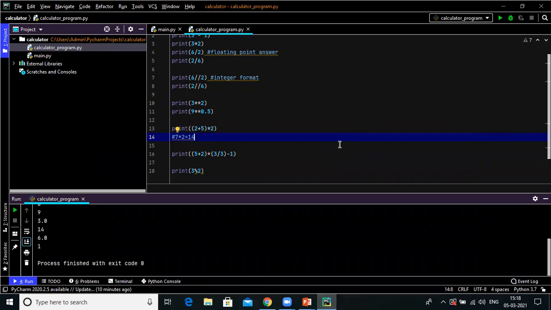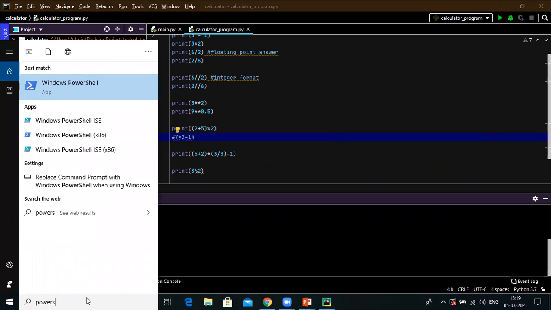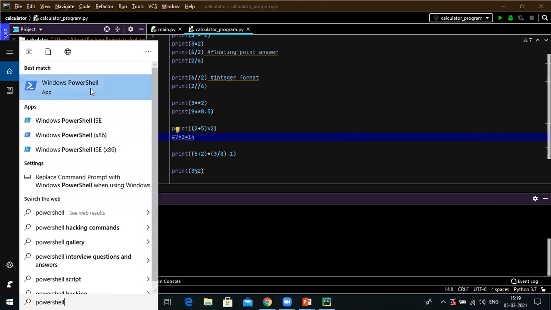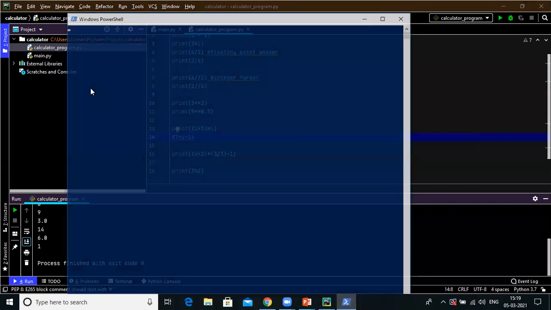But there is one more platform where we can directly run Python and calculate arithmetic operations, that is PowerShell. How can we open that? Just type in the search here, PowerShell, Windows PowerShell, or PowerShell administrator, you can open it.